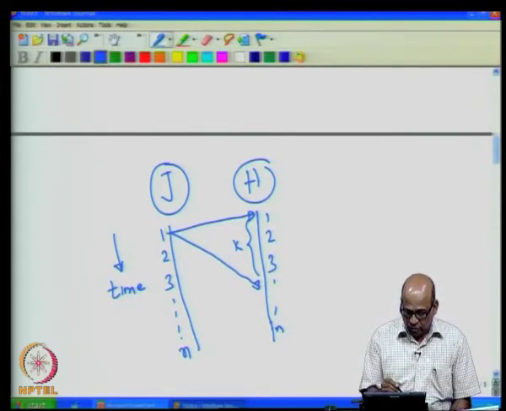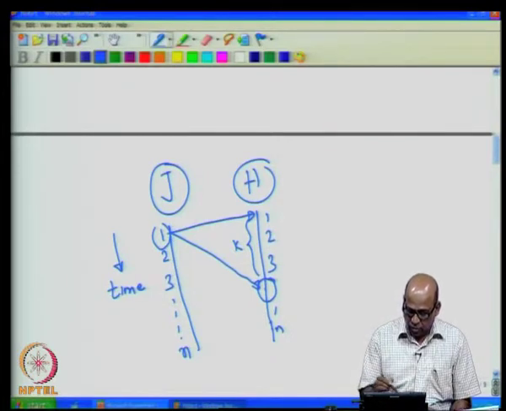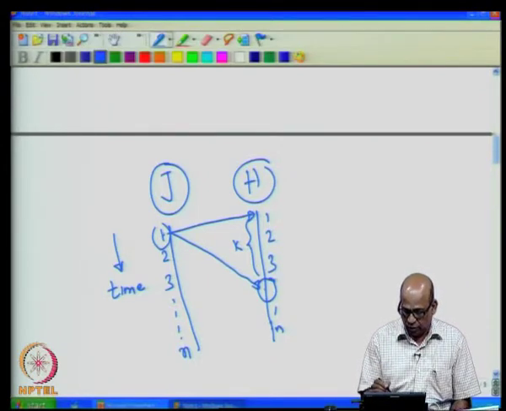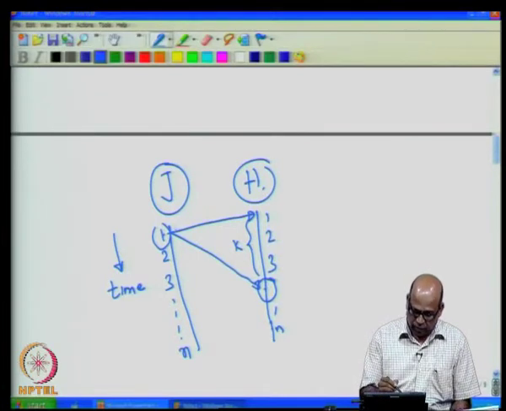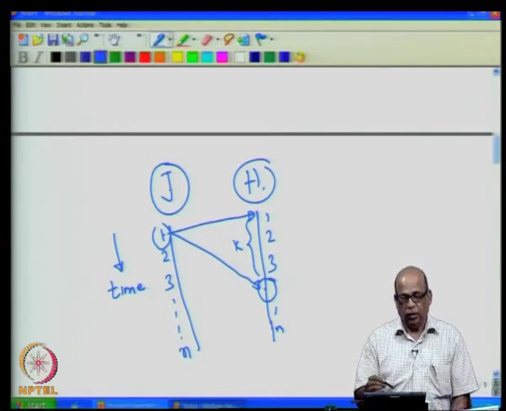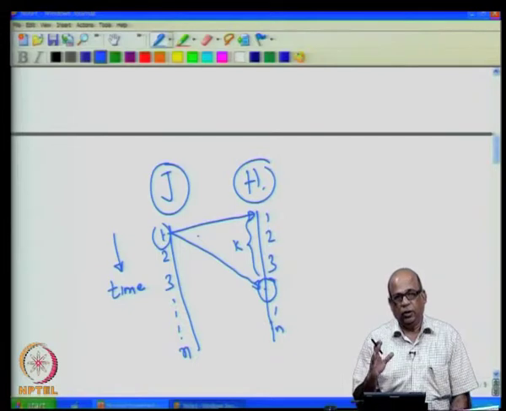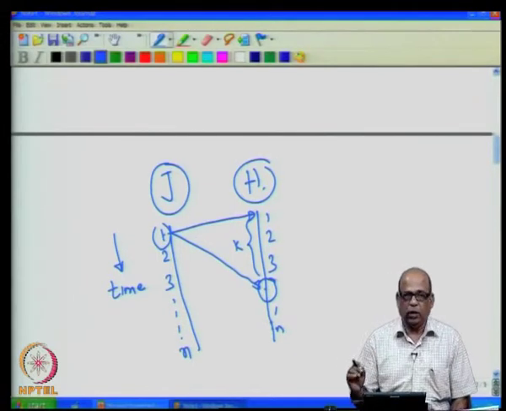What do I mean by that? The flow in H during a particular time period may be influenced by flow on J during k time steps behind. Let us say you were in August here, then the August flow on site H may be influenced by, let us say, the August, July, June flow on site J, and these dependencies are captured by the cross correlations at a specified lag.